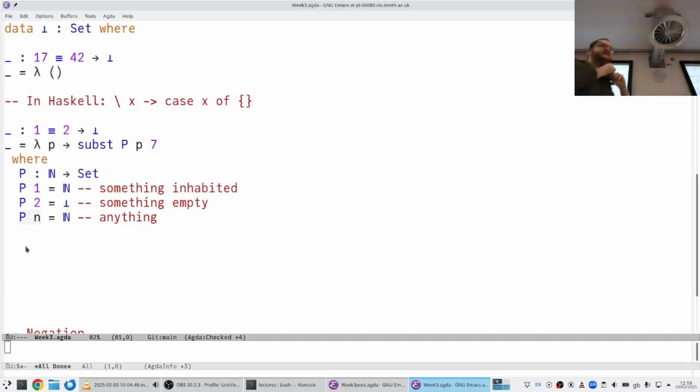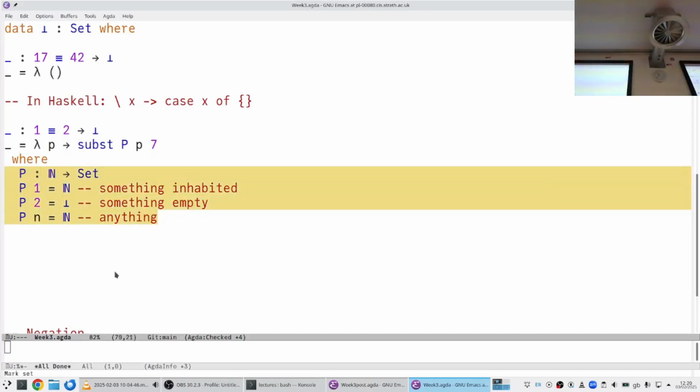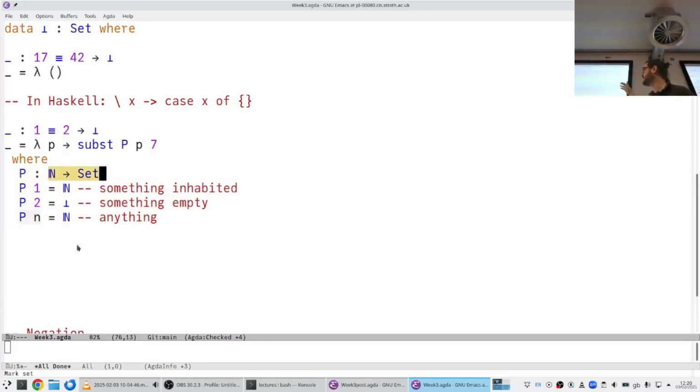And another important thing to observe is that we've written a program that actually computes a type, right? So this is taking a natural number and it's returning a set. So far, all the ones we've seen were really boring. We're saying, okay, lambda x equals y or something as the predicate. But here we're actually performing some computation in the type. We're performing some computation on the natural number to decide which of the types we're going to return. So this is an extremely powerful principle that you can use to write a type-safe printf, for instance, because the string is telling you exactly what sort of arguments you're expecting.